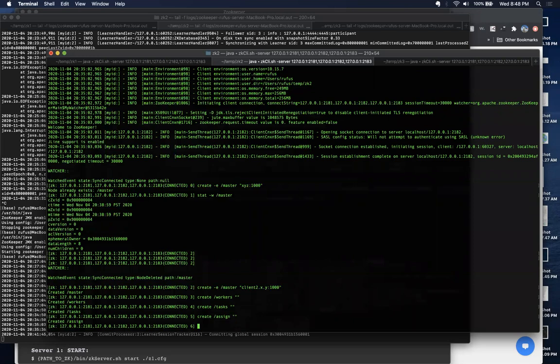If you see, there's a difference: we never gave this -e, because /workers is actually the root of all the workers. When we create a worker, we'll create it as an ephemeral node. But /workers is in a way where the master will start looking for workers, if at all it needs to find a worker. And the tasks node is exactly the same, and then this assign is where